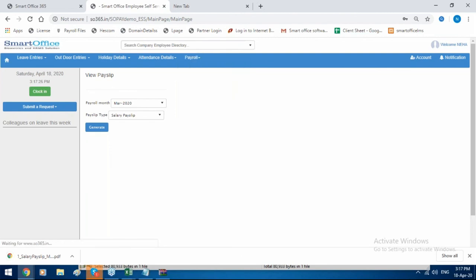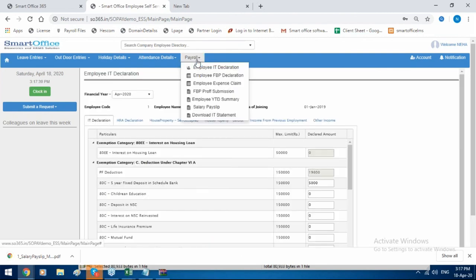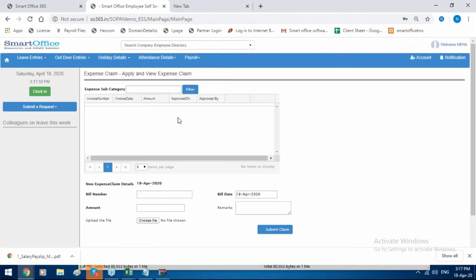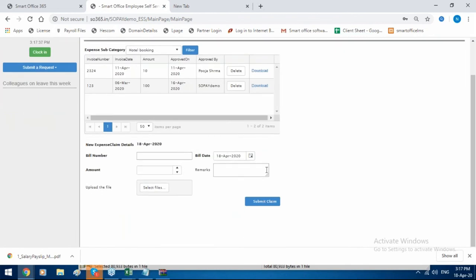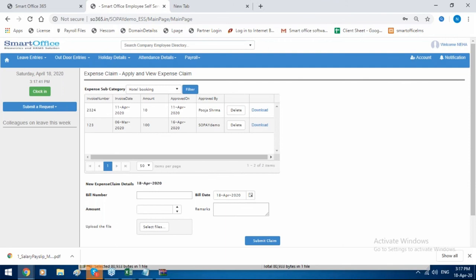They can declare employee IT declaration from the mobile application, FPB declaration, apart from expense claim as I told, so they can apply the expense claim from the mobile application also. A manager can approve expense claims from the mobile application.